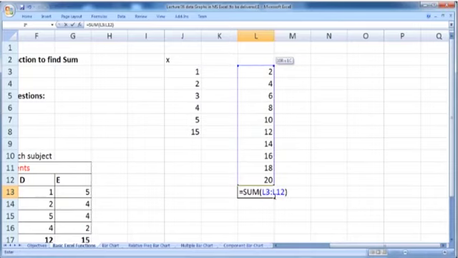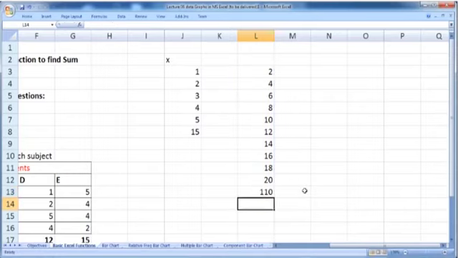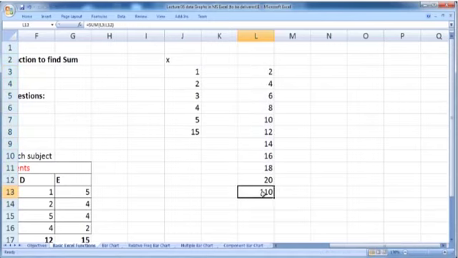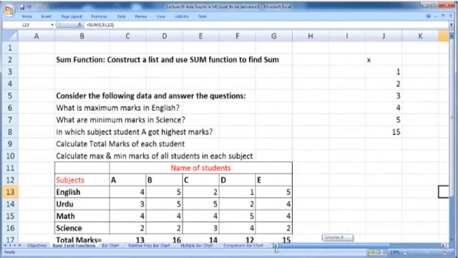So sum of L3 to L12. This will add the numbers lying within this range. Just press enter. The sum of these numbers is 110. So this is how we can use the simple built-in sum function in order to get the sum of different numbers in a list.